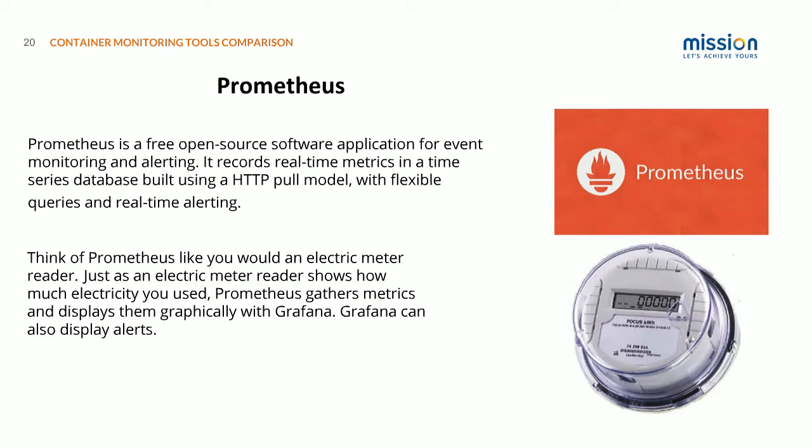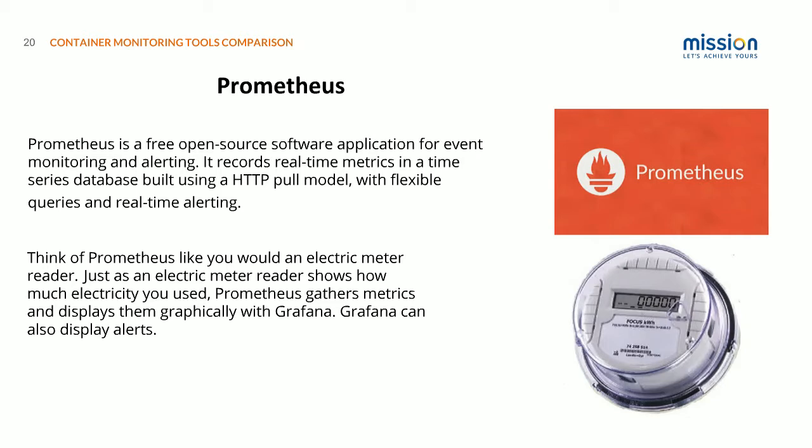It's built primarily on the HTTP pull model, which means that some type of metric gathering tool is deployed to wherever those metrics need to be gathered, and then that's exposed as an HTTP endpoint that you configure Prometheus to go and gather metrics from